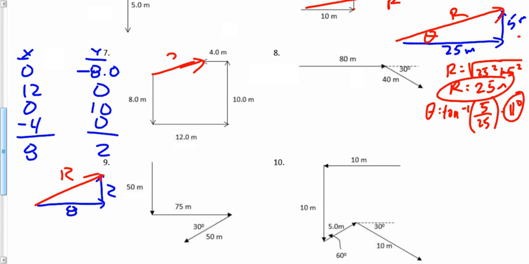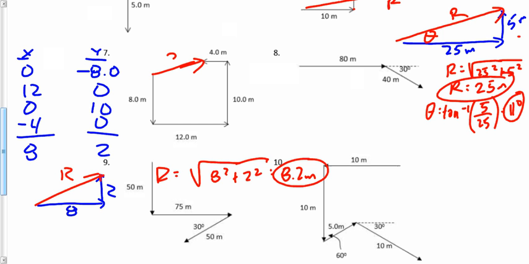And now we can find the value of r easily. Square root of 8 squared plus 2 squared. What is that? Is it 9? 8? Who has that? Is it 8.2, 8.24? So we're going to round that to 2 digits, 8.2 meters. And theta, where am I going to label theta? Position 1, 2, or 3? Position 2, yeah,